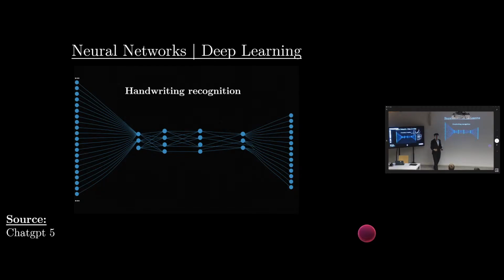If I told you to make a classical algorithm that will take each of my handwritten numbers and map them to the actual number, it's just impossible. Because this is a 2, this could also be a 2, this could also be a 2. You can't make an algorithm that will tell you for each possible 2 that exists what the real number is. And that's where neural networks come in. What you do in neural networks is create an input for each of the pixels. Then you input the value of the pixel in each of the units. Then you feed it into a very long neural network, and hopefully it will give you some very important output.